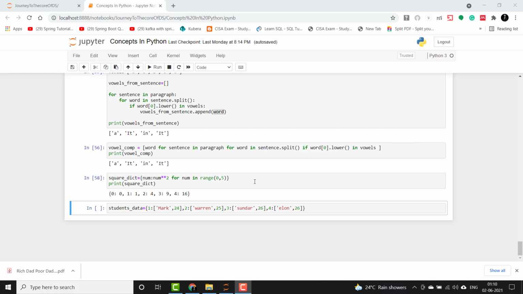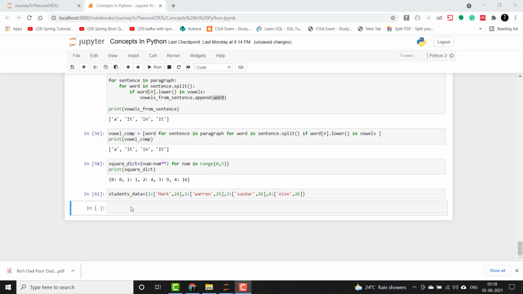For an example, we will take the student dictionary where the keys represent the roll number and the values represent the list of their names and ages. Now we have a problem at hand: to make a dictionary of students having even roll numbers separated and presented like a dictionary with keys as their roll number and values as their names. So let's do that via comprehension directly.